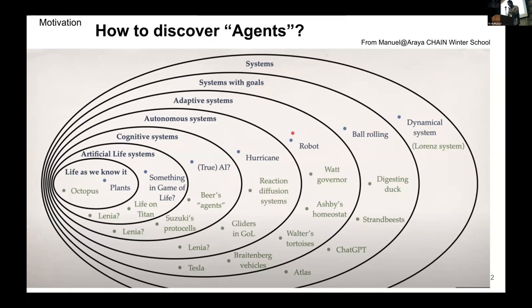And the next is the adaptive system, like a robot interacting with the environment. Another one is the autonomous system, which is more self-organizing and also interacts with the environment. This area has no very obvious definition, but we believe such a system has an agent. So we try to approach this system using a very simple model.